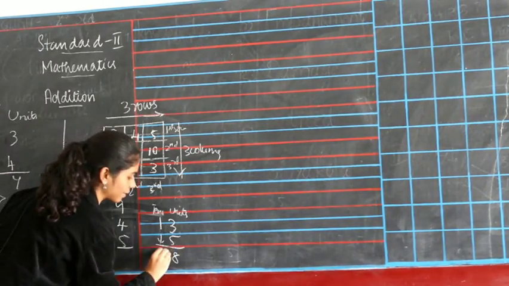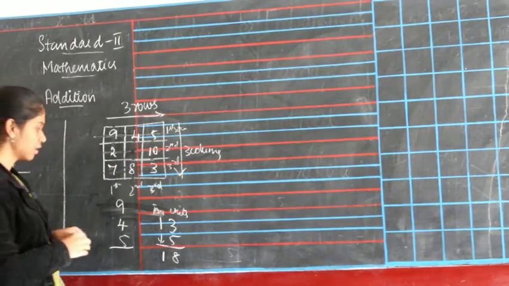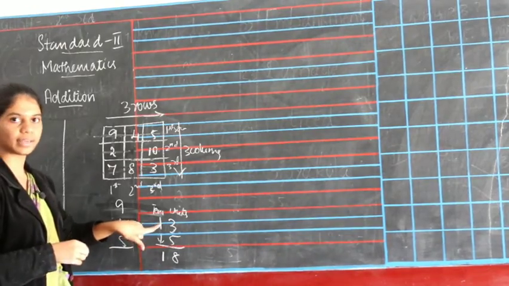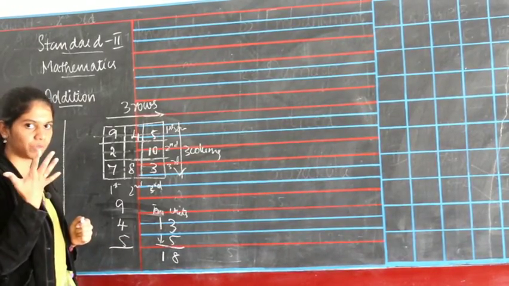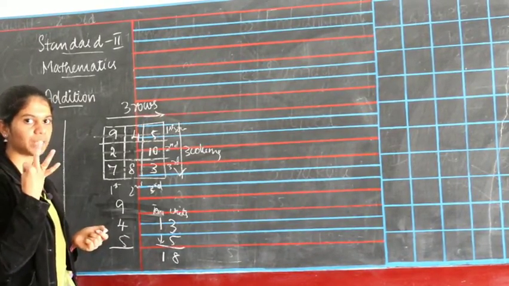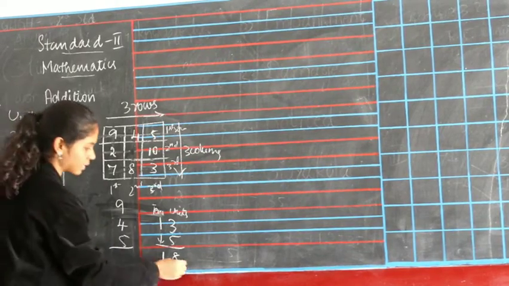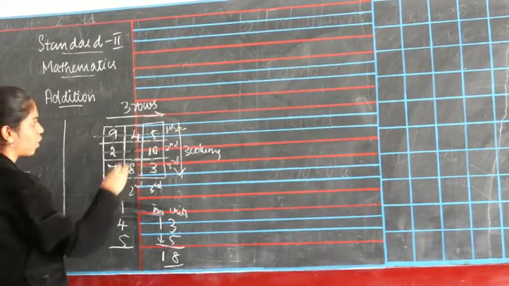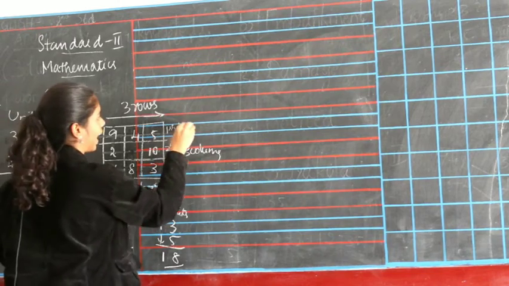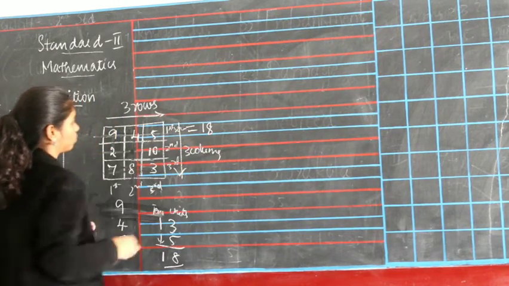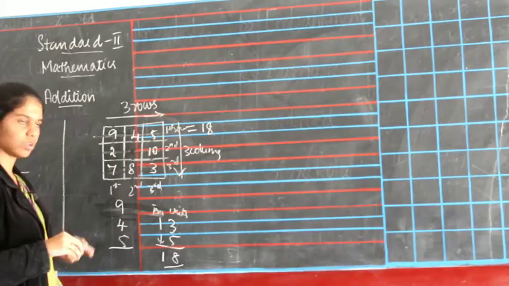And 1 you can write like that. Or else you can add them what you got, 13. 13 in your mind, 5 in your finger. 13 after 14, 15, 16, 17 and 18. Same answer. Okay, so you got 18 for adding this first row. Now you are going to add the last row.